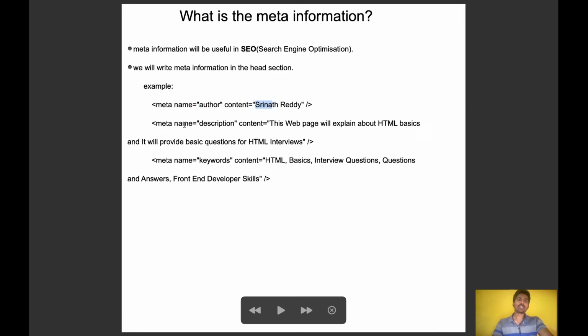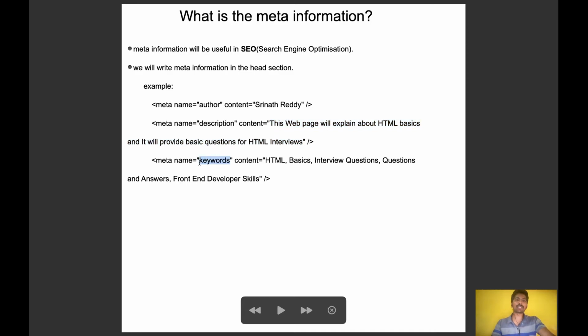Here the name attribute says description. Description is what our web page contains. Here, for example, I mentioned that the web page will explain HTML basics and provide basic questions about HTML interviews. Just what our web page will explain, you can write the description here inside content.